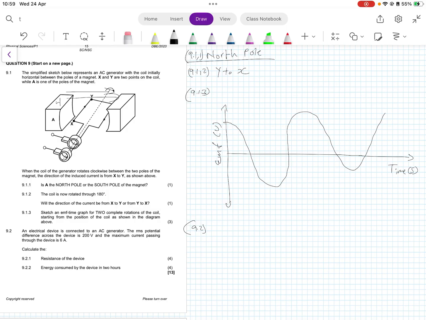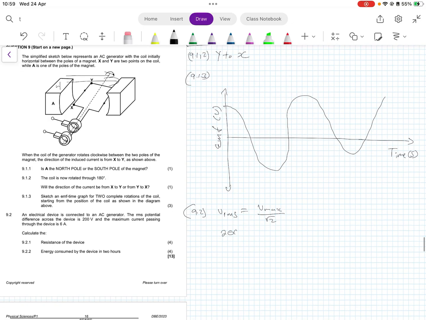Now, since we are told that the RMS potential difference across the device is 200 volts and the maximum current passing through the device is 6 amperes, we may use the VRMS formula, which tells you that VRMS is equal to the max voltage divided by the square root of 2. Our VRMS, we are told, is 200 volts. We don't know Vmax, and divide by root 2. This tells you that Vmax is equal to 200 multiplied by the square root of 2, which is